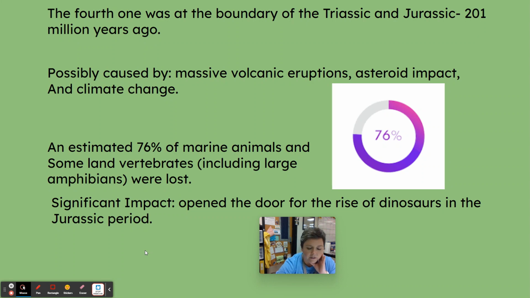So if you look on your black and white chart, at this time, we did have mammals, we did have dinosaurs, but they weren't the big dominant thing, and they weren't super diverse either. So we had early dinosaurs and early mammals. Then, when we had this mass extinction at the end of the Triassic, the dinosaurs really became the dominant life form. And you can see on your chart it says age of dinosaurs.